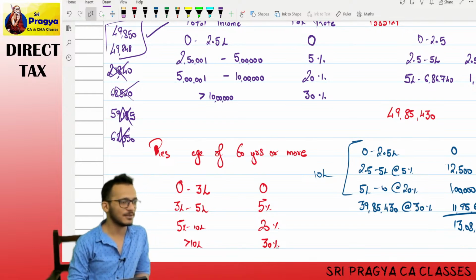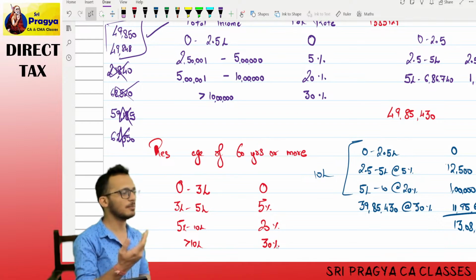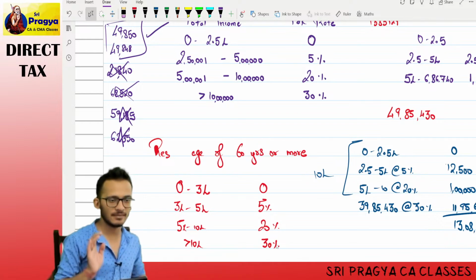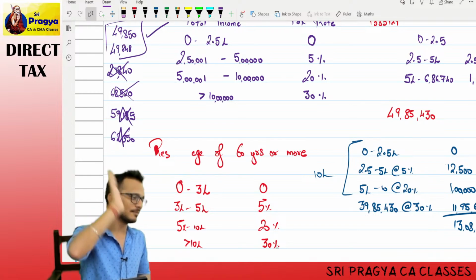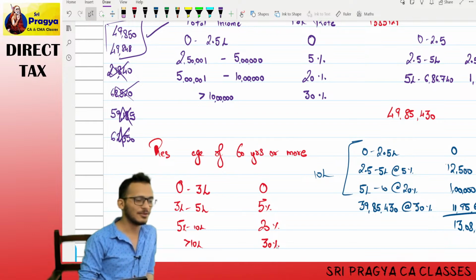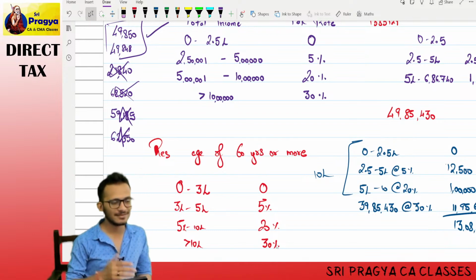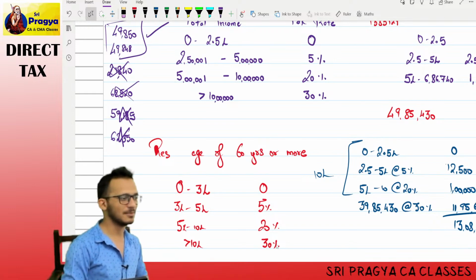It is 2,500. I am giving you an extra 2,500. Don't pay me tax on 2,500. That is how it is. For senior citizens, they are giving an extra 2,500 rupees. Go enjoy life. Yes or no? What you can do with that money is your choice. You buy medicines, you do something else, that's your choice.